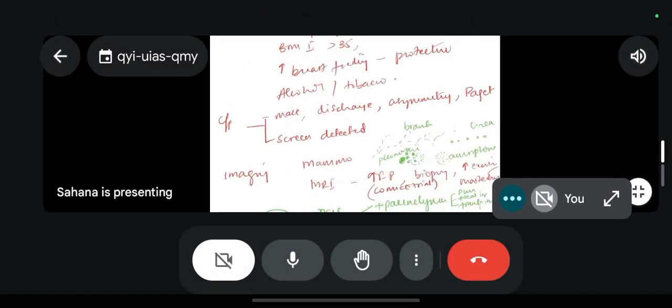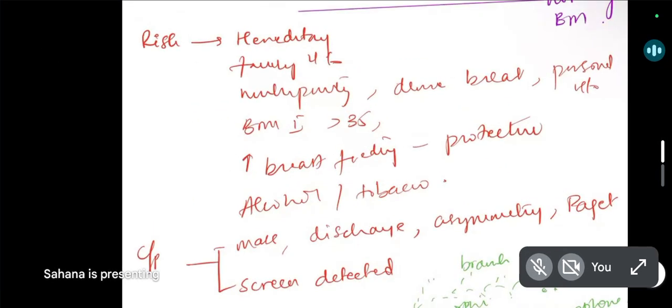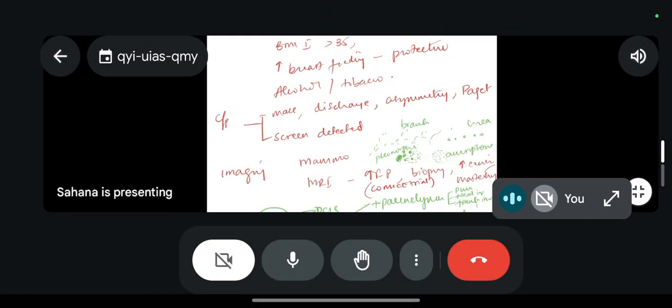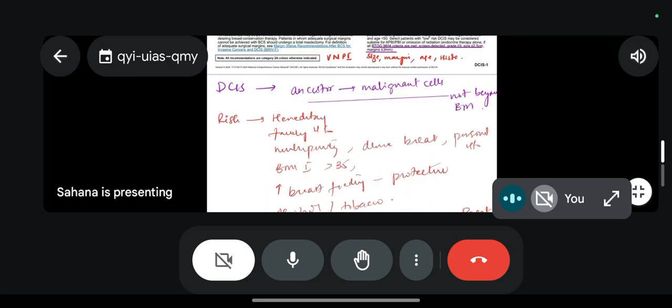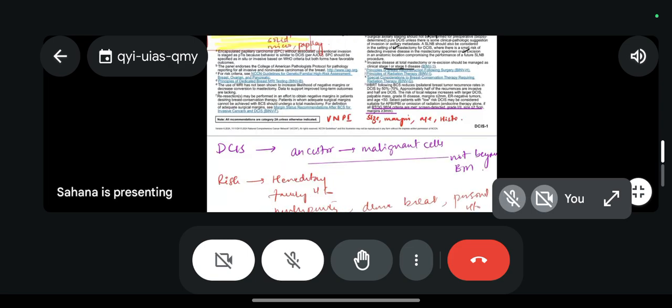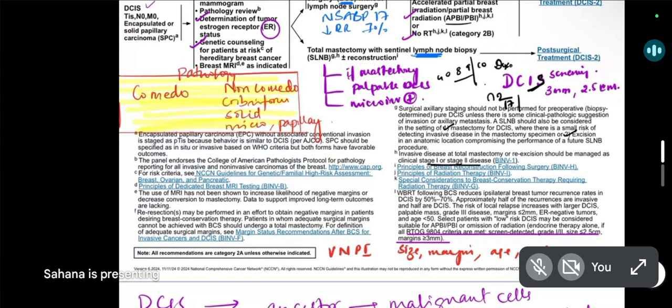Correct. But in the recommendation, I did not find that anywhere. Probably it's a clinical, very practical thing. I have read somewhere, I don't know where. But this was also one indication for where to address the axilla in DCIS. In NCCN, what they've written is